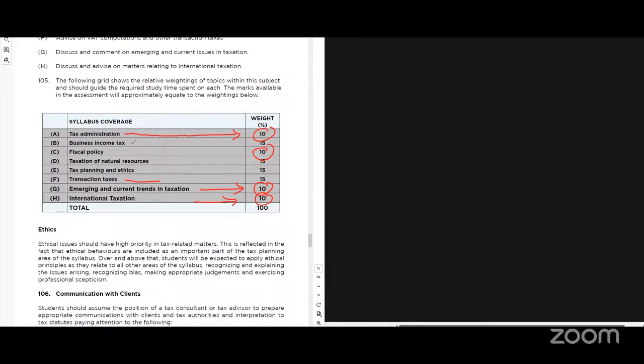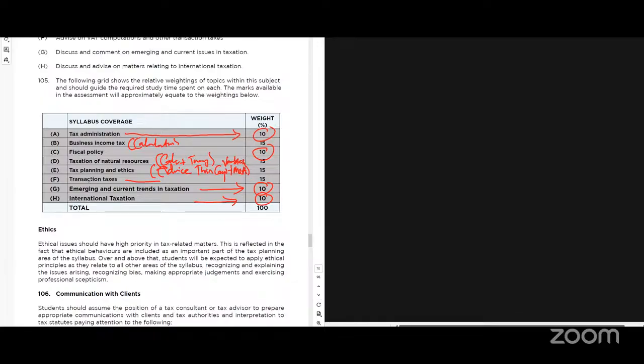Then, business income taxes calculation. Oil and gas and minerals calculation and some theories. Mostly they'll give you calculation. Mineral royalties and something. Tax planning and ethics is mostly theory, but advice. You can have some few calculations there. Here they like to bring thin capitalization a lot. ICA tax planning is mostly about thin cap and mergers and acquisition. Mostly this is what they bring under tax planning, and maybe the variables of tax planning and so on and so forth.